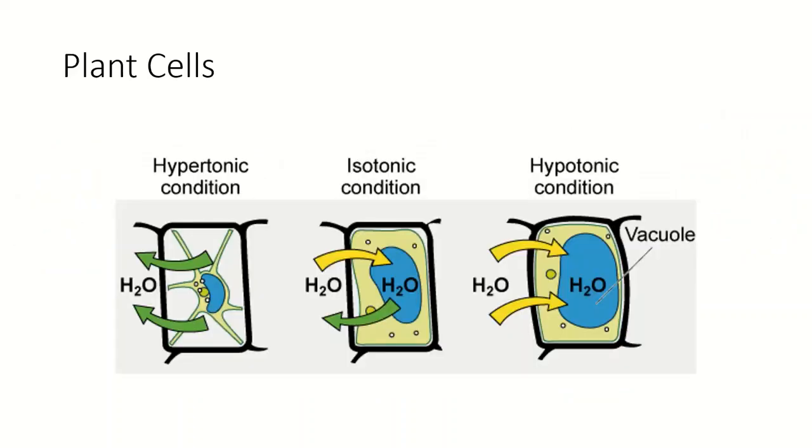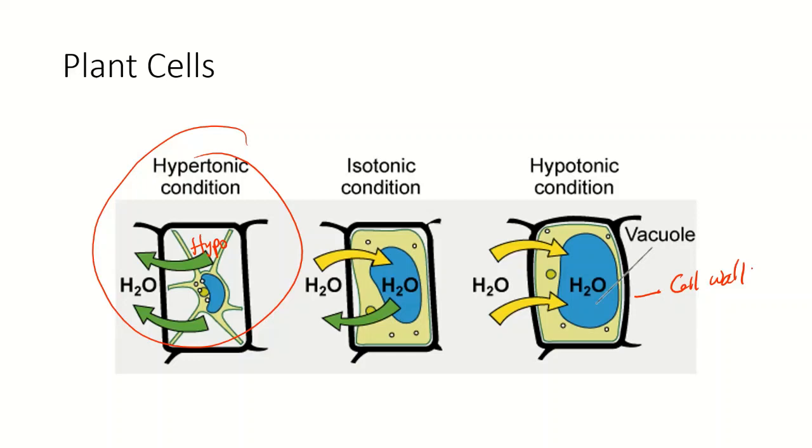This is different in plants because plants have that nice rigid cell wall surrounding them. So they act the same way in hypertonic conditions because the inside of the cell is relatively hypo. In isotonic conditions, they have as much water entering as leaving, but that's actually not healthy for a plant either. Their most ideal condition is to be in a hypotonic solution because their cell wall allows them to take a lot more